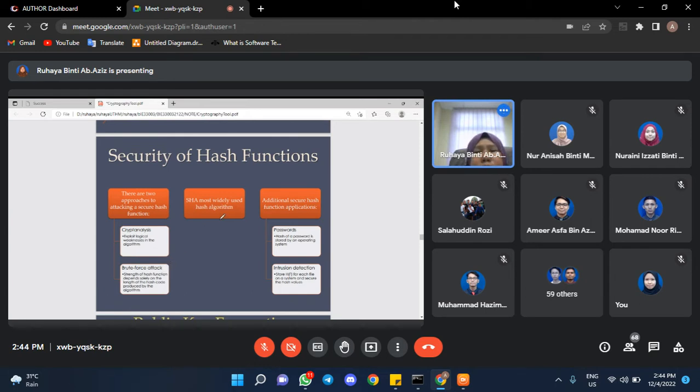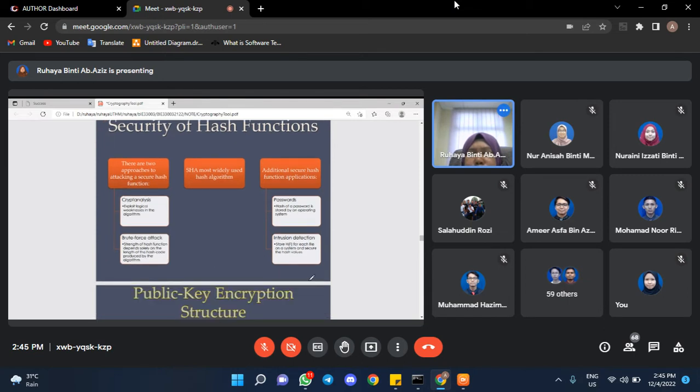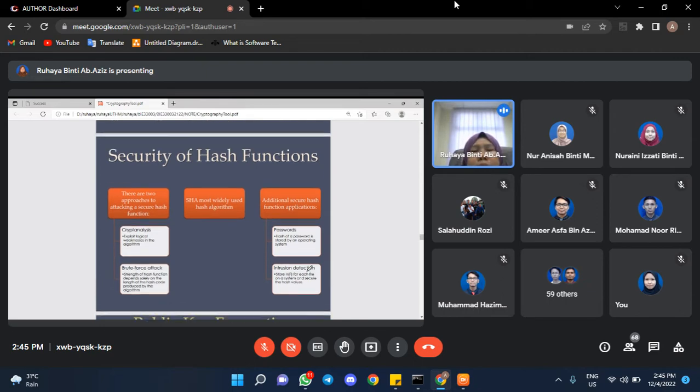Other than MD5, there is SHA. It is a widely used hash algorithm. SHA, MD5, additional secure hash function applications: password. Maybe you can hash the password to avoid intrusions. Or use intrusion detection, store hash value for each file on a system and secure the hash values. Okay, other application,